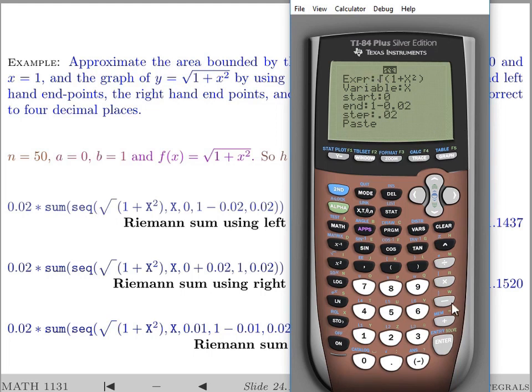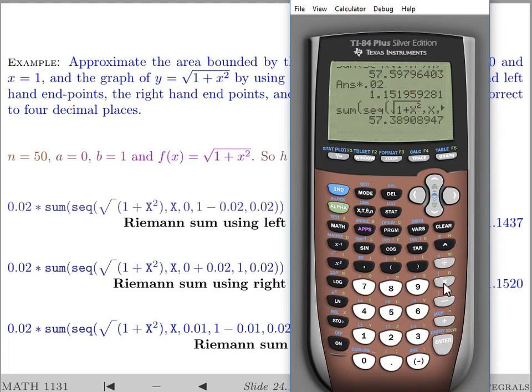Otherwise I have to put this in. We are going to start at 0.01. We are going to end half a step before 1, so 1 minus 0.01. It's the same step size. Find the sum. Just multiply it by the width of the subintervals, which is 0.02, which gives me